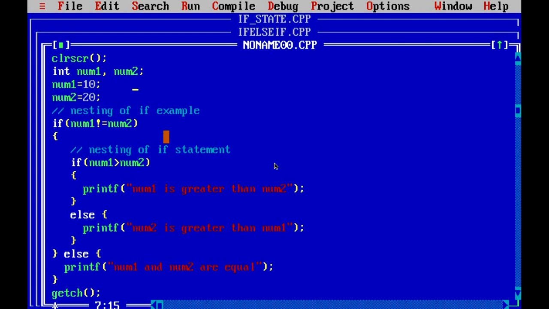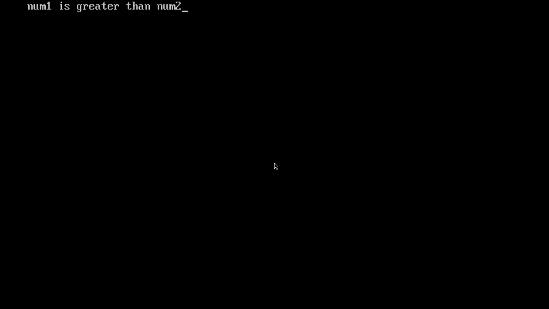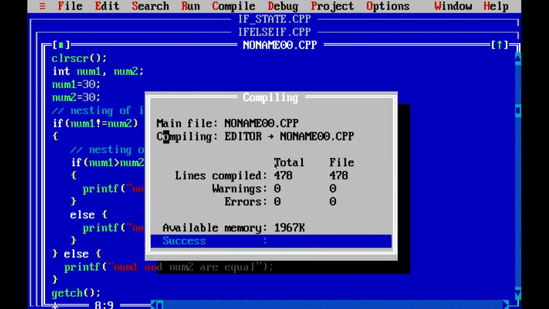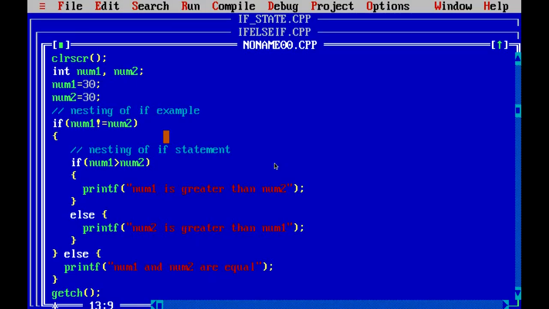Now if I am giving num1 equal to 30, then it is printing num1 is greater than num2, and if I am giving 30 to both num1 and num2, then it is printing num1 and num2 are equal. So this is how we can define the nesting of if statement, and inside that we can have multiple if statements based on your requirement.